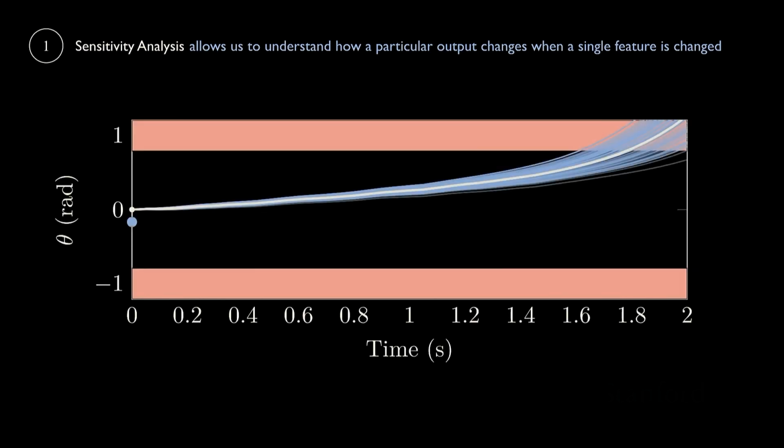Okay, so here's one way that we can compute this. Let's say that we wanted to compute the sensitivity for all of the disturbances in a particular trajectory. What we could do is say we want to compute the sensitivity of the final result of this trajectory, or maybe the robustness of this trajectory, with respect to just this first disturbance.